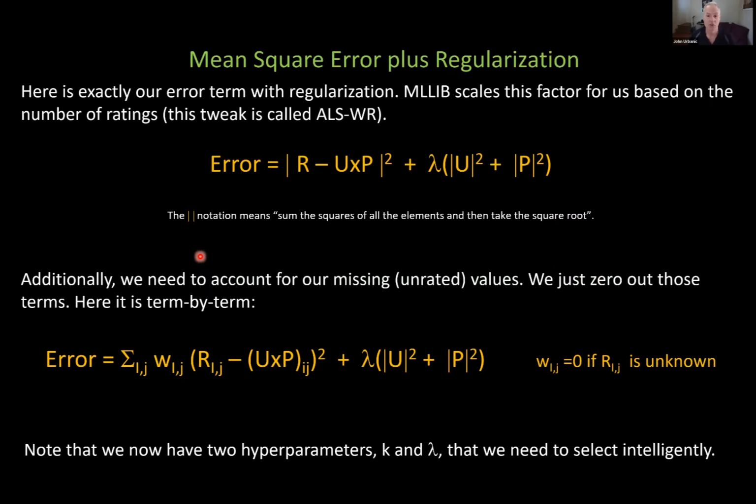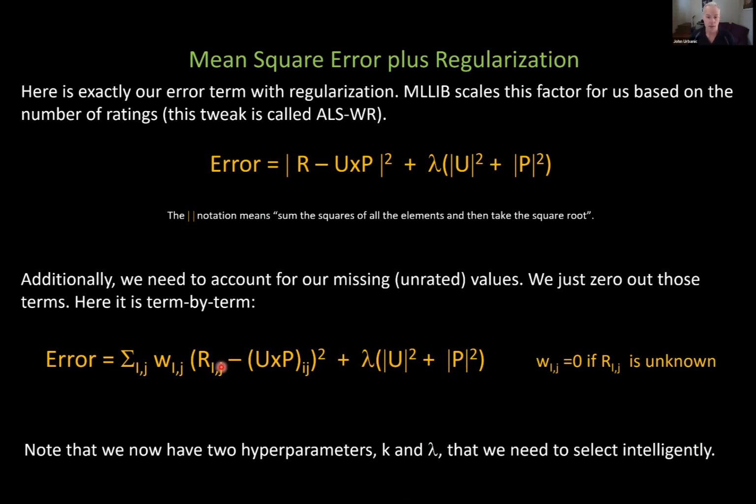Okay, so let's do that here. So here's what our new error is going to look like as we try to fit our U and P matrices, come up with good ones. Here's our feedback. Here's our error that tells us whether we're going in the right direction. It's going to basically be the difference between all the elements plus this penalty here for these large spiky elements. So in other words, we're going to go through the matrix element by element and for each element of R, we're going to subtract the element we could generate by multiplying our U and P matrices. And that's going to give us our baseline error. And then we're going to have our penalty here with our regularization parameter that we're going to add in there too.